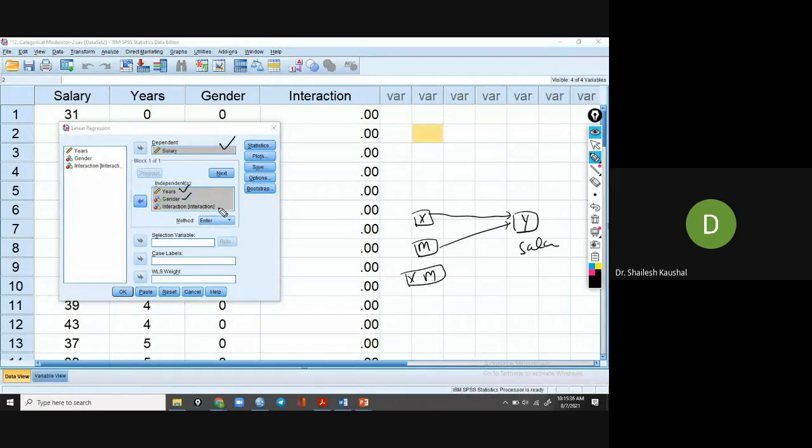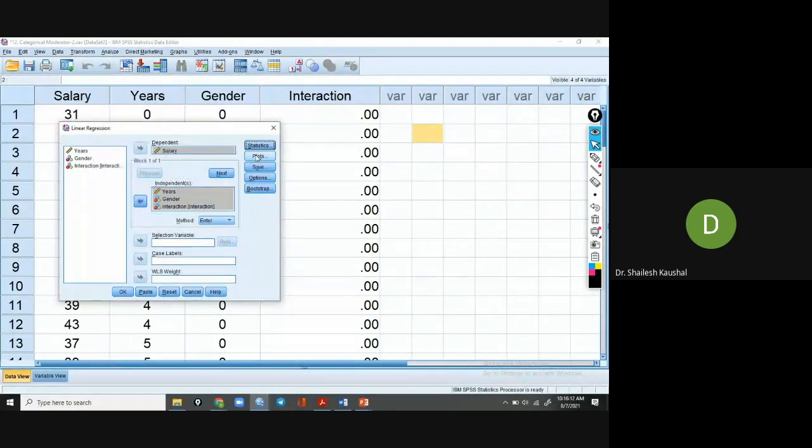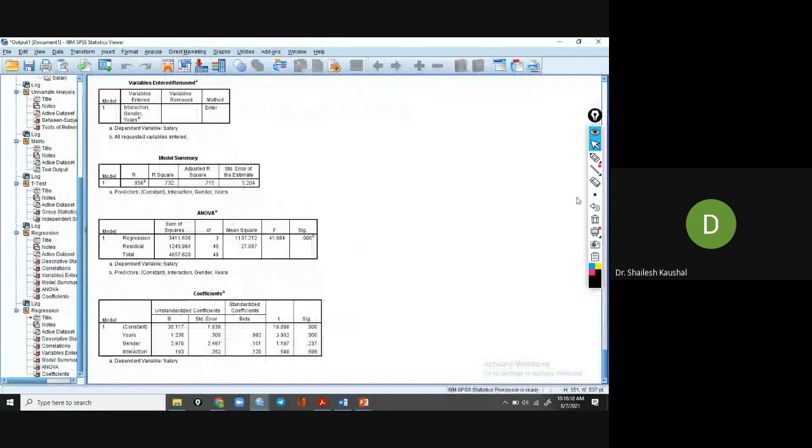So I have created the new variable, named interaction. So here we want to find whether this is significant or not. If it is significant, p value less than 0.05, it means the moderator variable, gender, is working. Okay. So how to check it? Through multiple regression analysis, and then Statistics, Descriptive, and Continue. After Continue, no need for plots, just simple. Okay. And after OK, we will get the results.